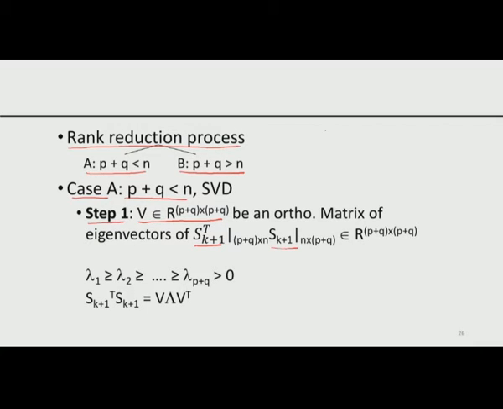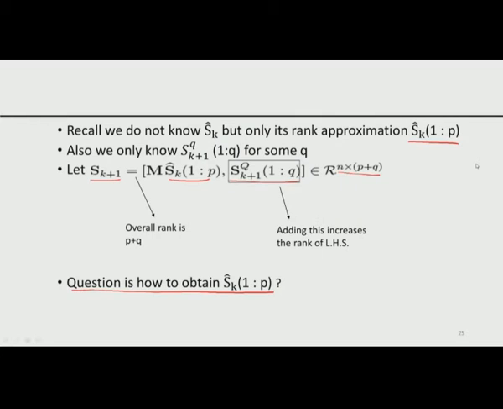Please remember that. I would like to relate some basic ideas. In our static case, we had H of size m by n. So we had two kinds of Gramian matrices, H transpose H and H H transpose. By doing an eigenvalue decomposition of one, I derived the eigenvalue decomposition of the other using SVD. The same principle is applied here, but H is replaced by S_{k+1}, the matrix that we defined on page 25.